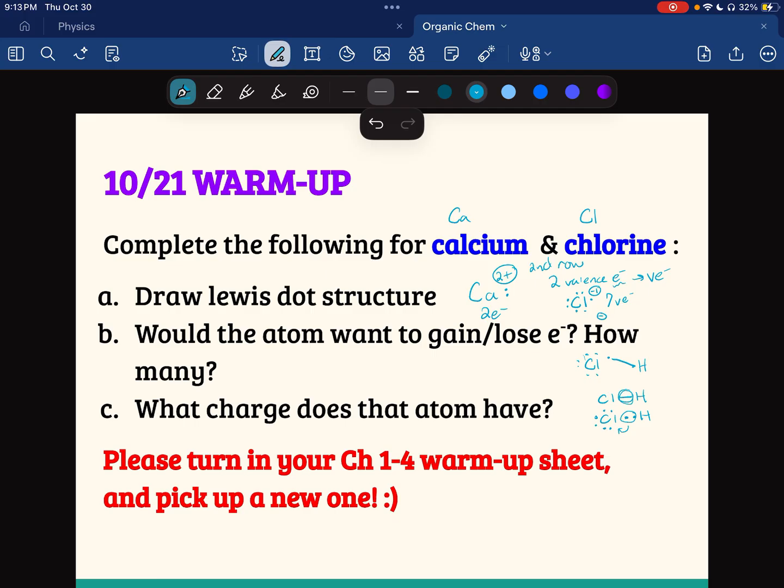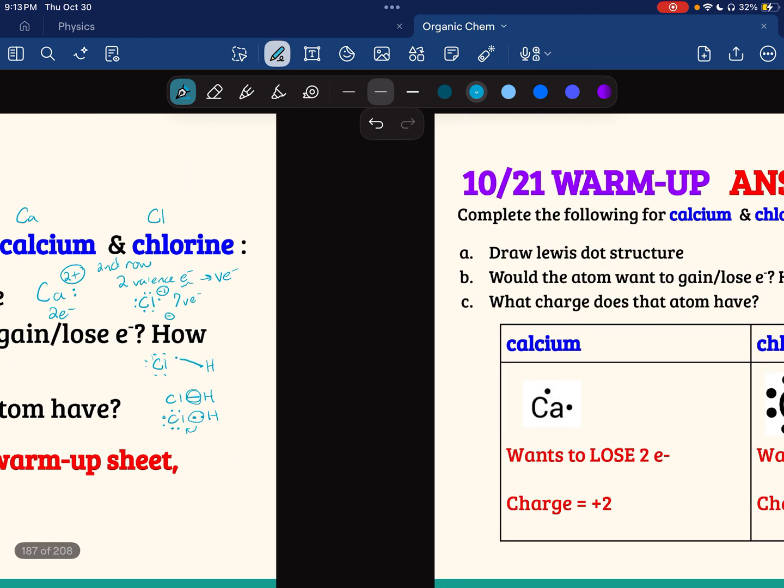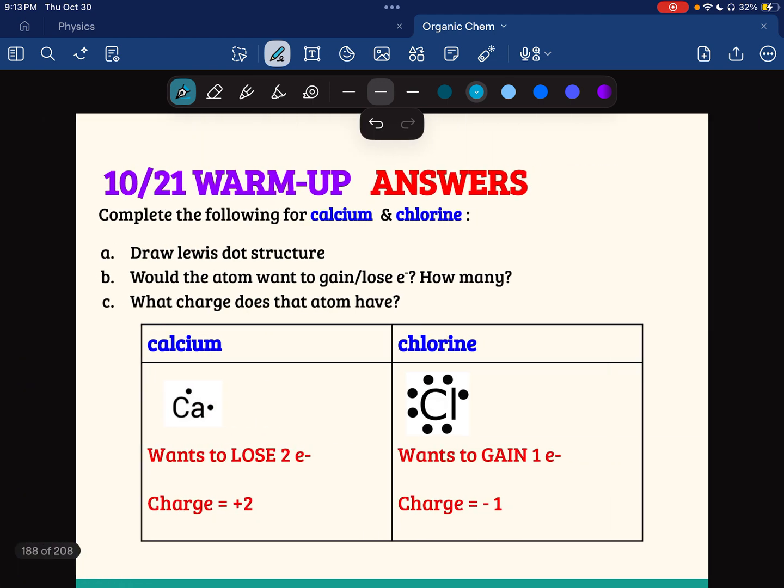Oh, and we already did the charge, so that's fine. Let's see how we did, because I'm not sure. I don't know why it says it wants to lose 2 electrons. Well, this would make sense because it's going to want to gain the 1 electron with the bonding like I talked about. I think that the explanation for this, and again, I haven't done this in a long time,